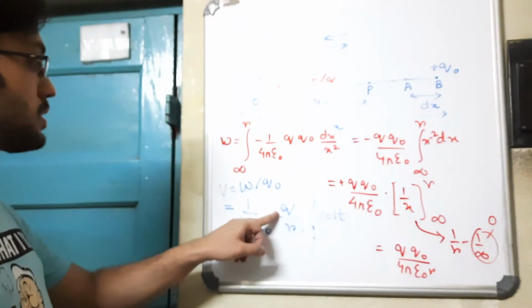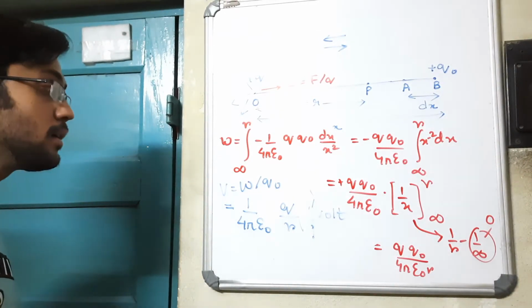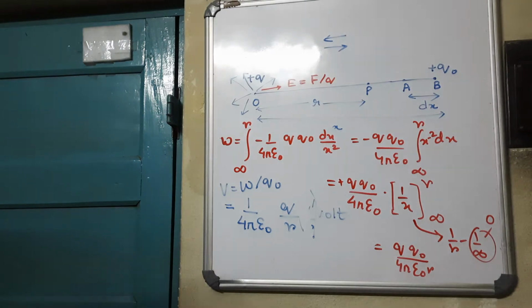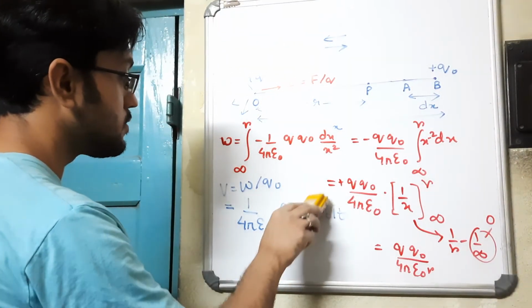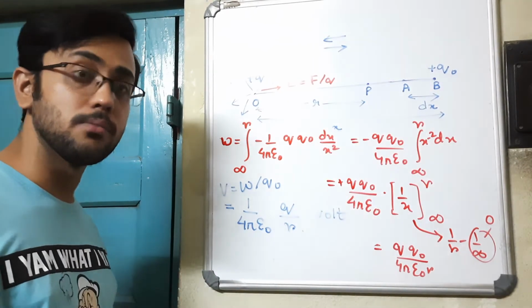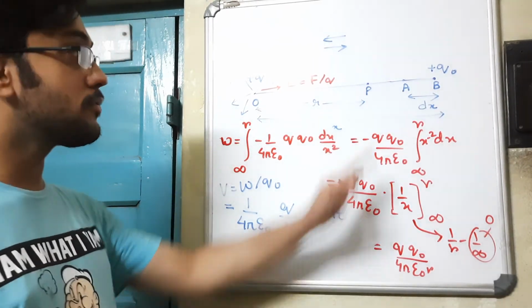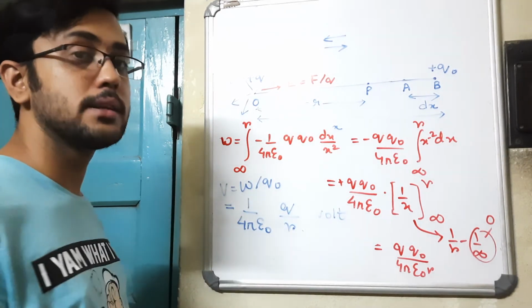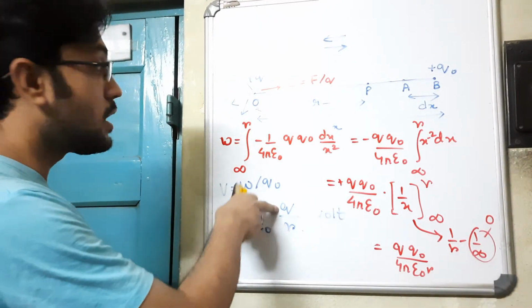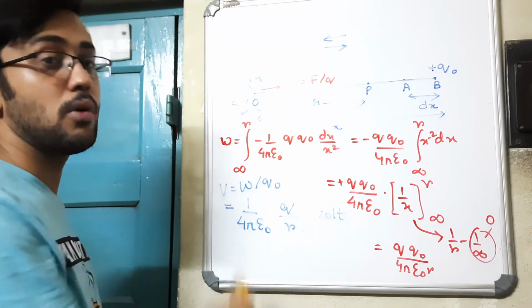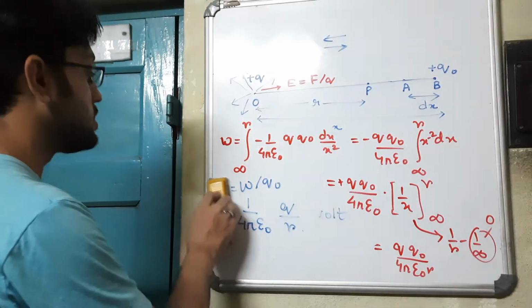So that is an expression to find what is the potential at a distance r away due to a charge q when we are bringing in some charge q naught, some test charge q naught. Now what is important to note here, there's an important point. One might think that this expression will hold only if the test charge which we are moving in from infinity has a magnitude 1 coulomb. But that's not true. Whatever be the value of q naught, since we are doing w by q naught, that is going to get cancelled all the time. So it is only going to depend upon the source charge q here, and it is going to depend upon at what distance we are calculating the electric potential.